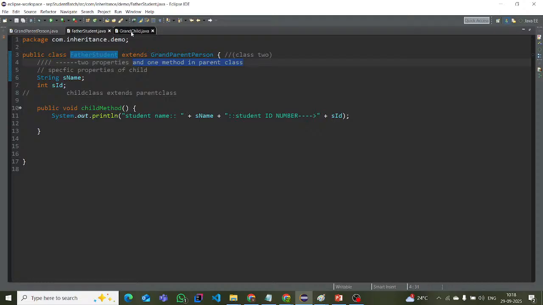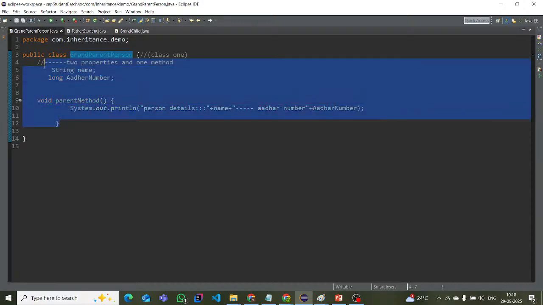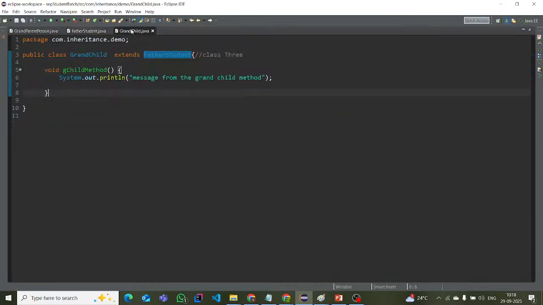Now in multi-level, the third class grandchild extends father, and grandchild also has some specific property. Then without writing this part, assume 5 to 12 lines of the second class, without writing these lines in my code,